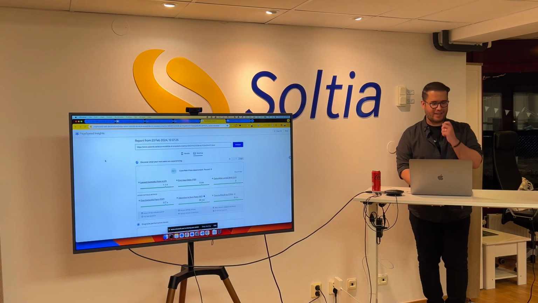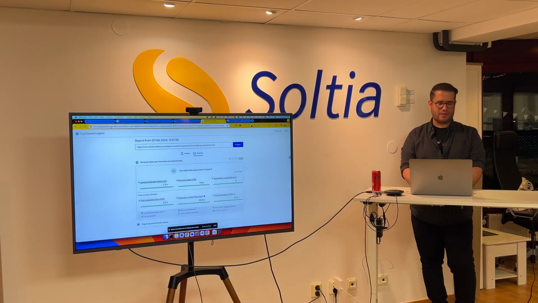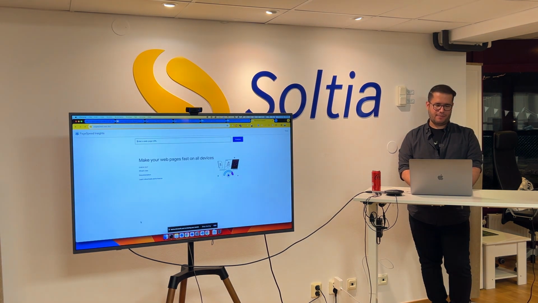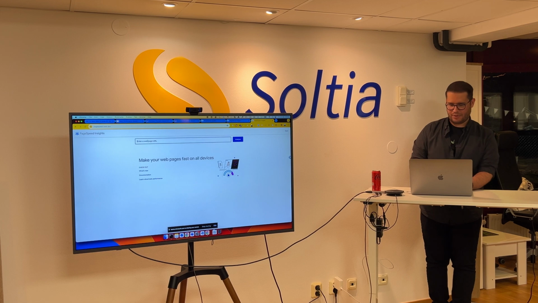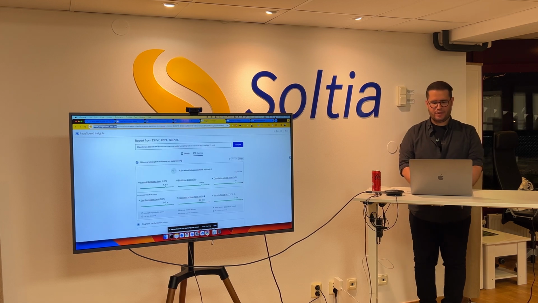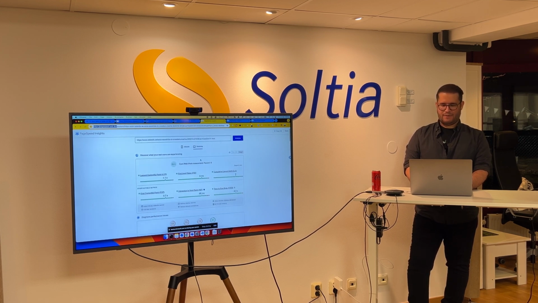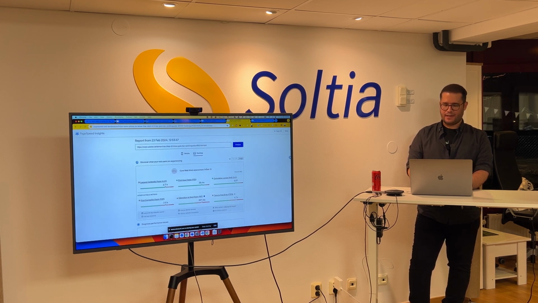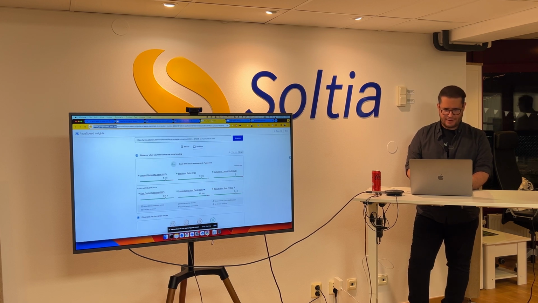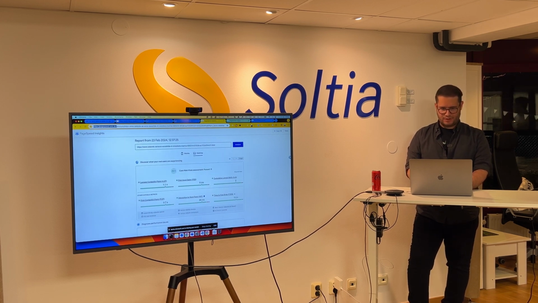Okay, cool. So when it comes to measuring the performance, you can use this platform called PageSpeed Insights, and you can share or paste your URL, and then you will have the results. The core web vitals that I talked about are here. You can see if it's passed or it's failed. I am testing Zalando and also Adidas